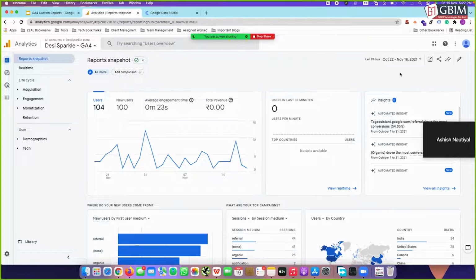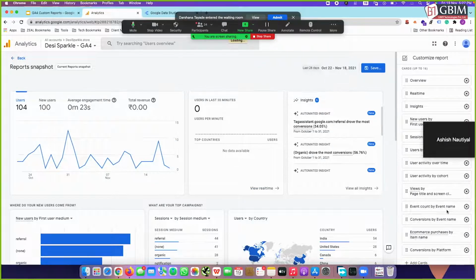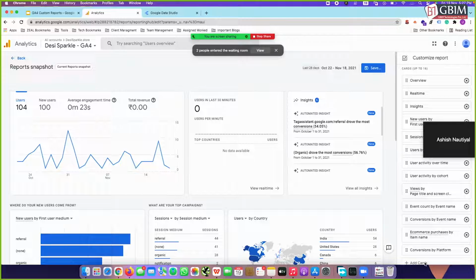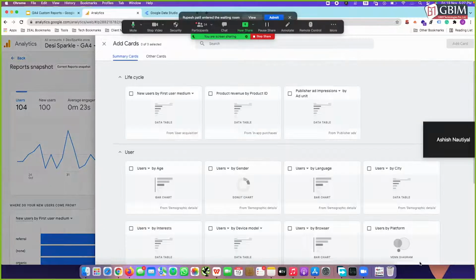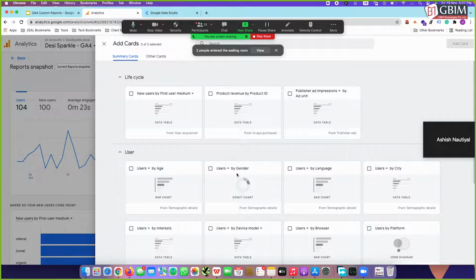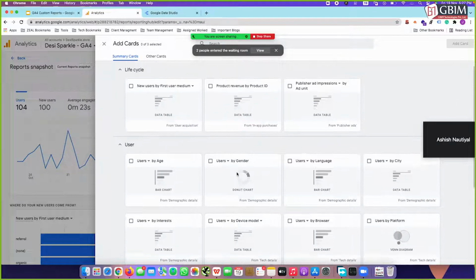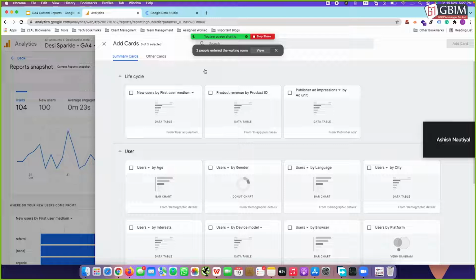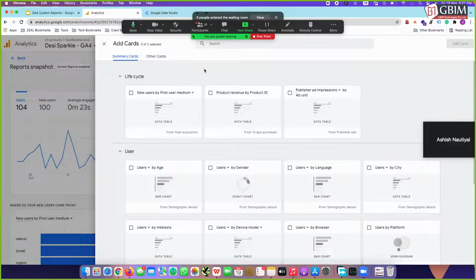All you need to do is, this pencil icon is used for customizing your reports. Whatever you need, you can add from here. Those cards are basically present over here. You can import those cards, or basically add them in. As you can see at the bottom, there is an add cards option. You can go through this card section and add in all the cards, and there is a limitation of 3 cards that you can customize, or else you can remove the previous ones and add as per your convenience whatever you require.